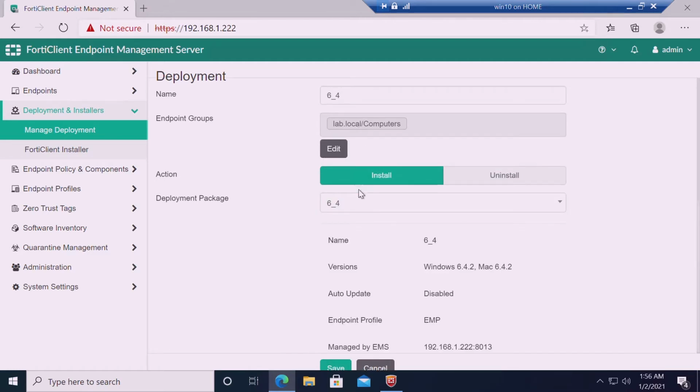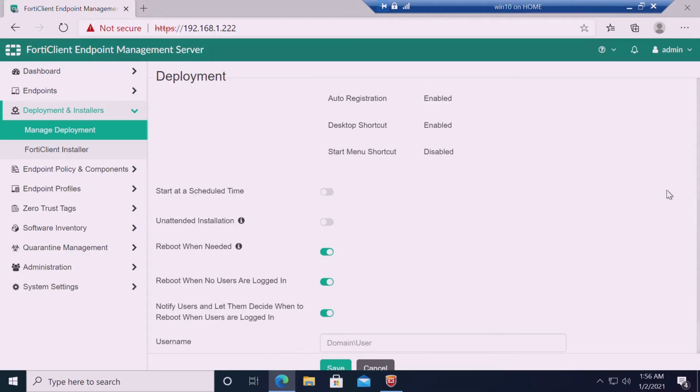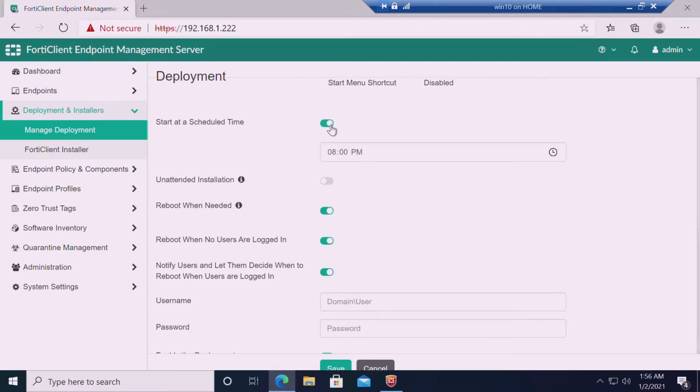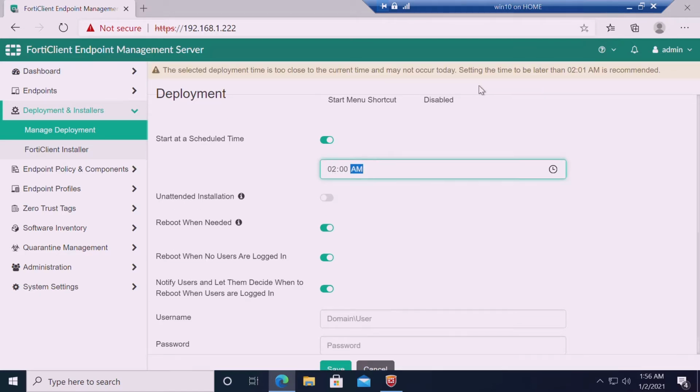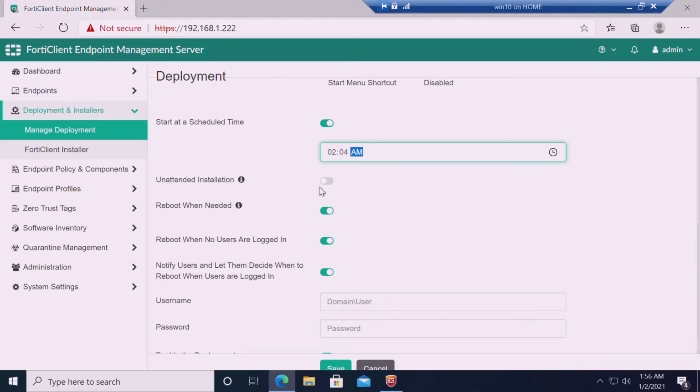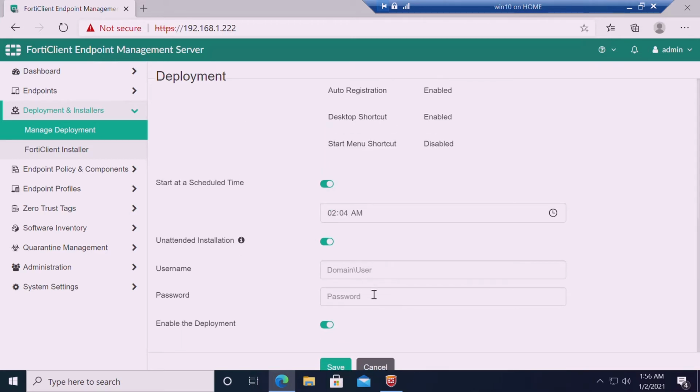We'll select the AD group, where is the OU, and deployment package 6.4.2. Then schedule a time, now 1:56 a.m. So we will do 2 a.m. Deployment is 2, so 4 a.m. We can give unattended installation, domain lab,